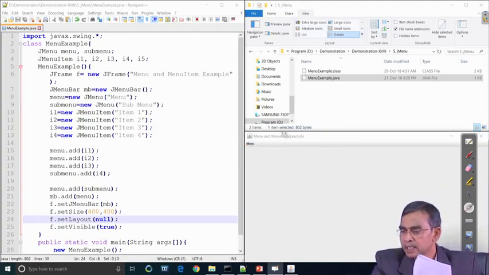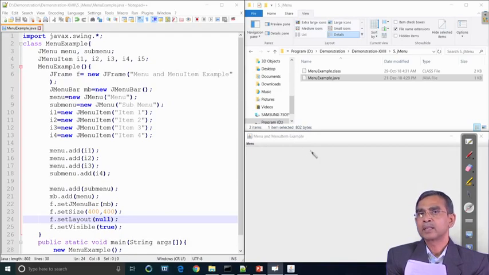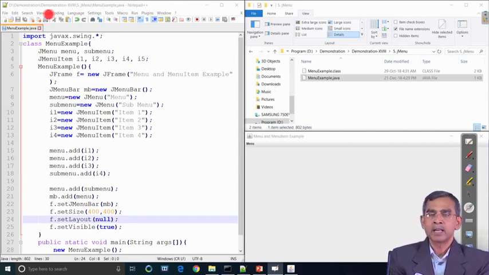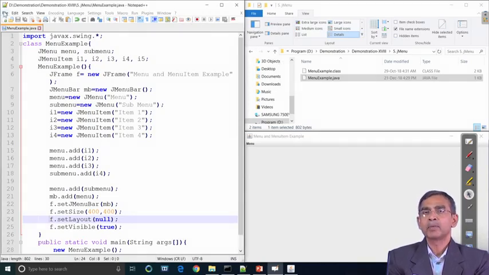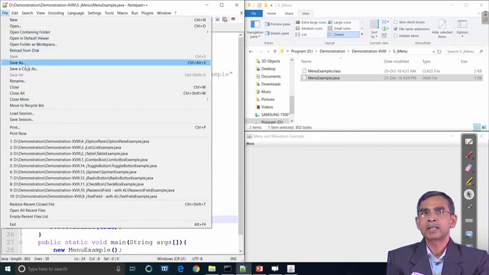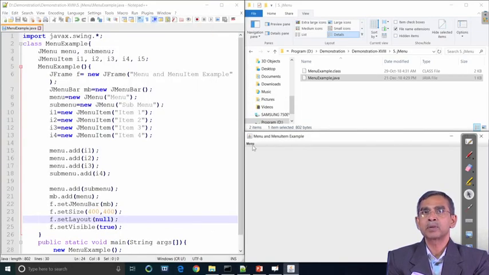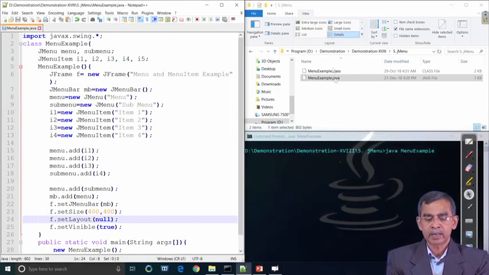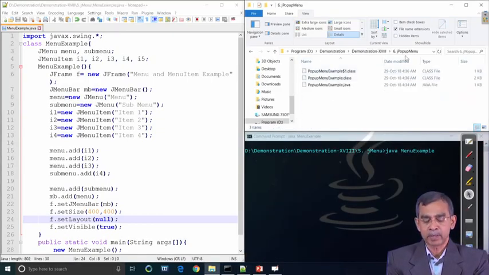So, this is basically the menu bar, and it includes many other menus also, as you see in any other Windows application like Word or PowerPoint. Many menus can be included in the menu bar, and menu items can be added in each menu, and each menu item from a particular menu can be selected by clicking. So, this is another example of a menu bar. That is all, and for our next illustration, let us have the pop up menu.